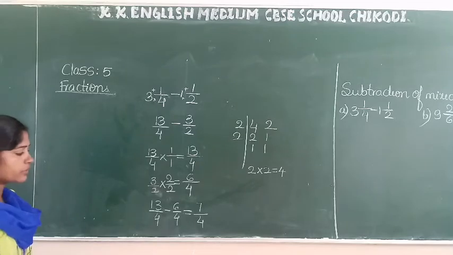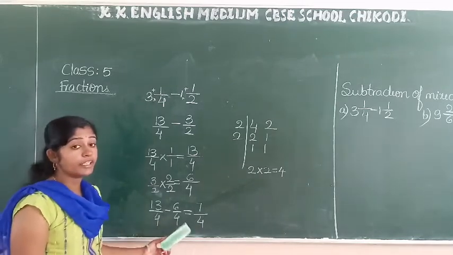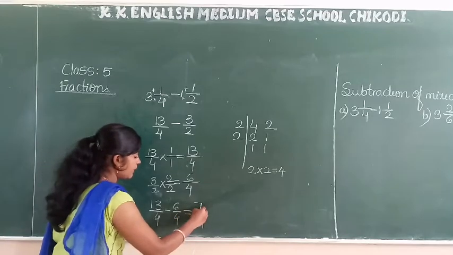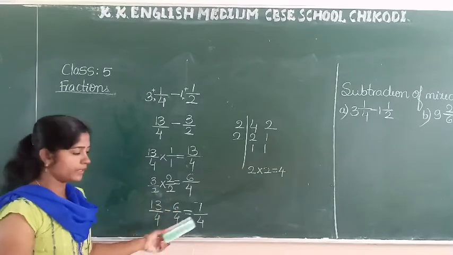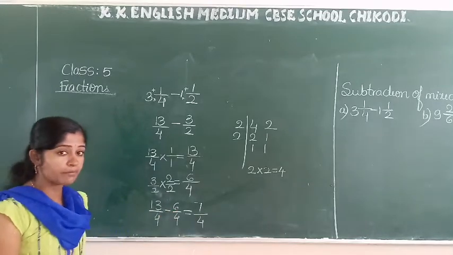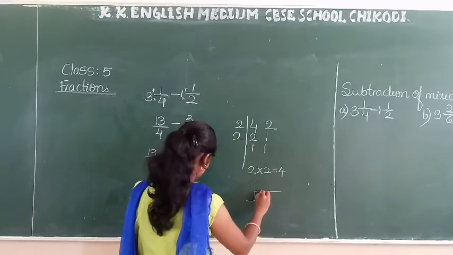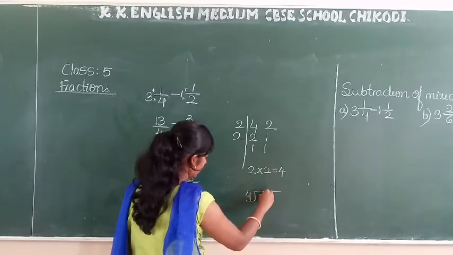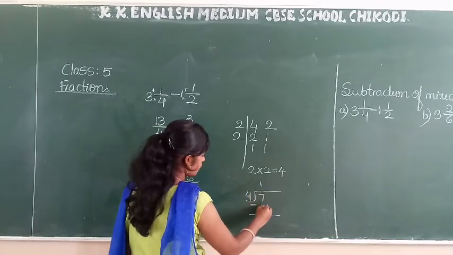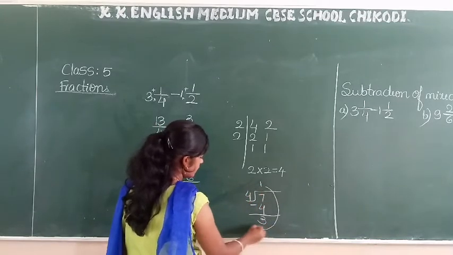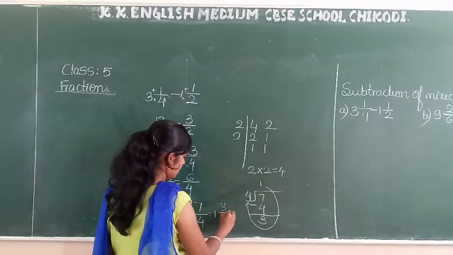Here now observe, is this a proper fraction or an improper fraction? This is an improper fraction. Why? Because the denominator is small and the numerator is big. Already you know about types of fractions. So convert it into a mixed fraction. Okay. 4, and here you take 7. 4 1s are 4. 7 minus 4 is 3. See here, you have to write in reverse order. 1 integer 3 by 4.